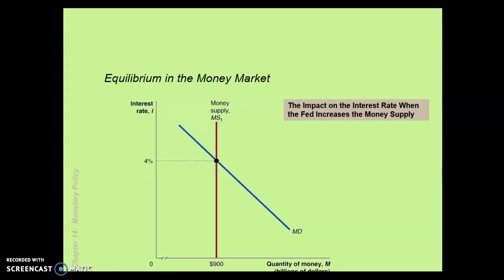Now, here is a graph of the money market right now. You notice the money supply is depicted by MS1, and the money demand is depicted by MD. Money demand will only move if consumers demand more or less money. Now, money supply is only dictated by changes in the Fed buying or selling of government securities. And when they do that, that's going to have an impact on the money supply and on the